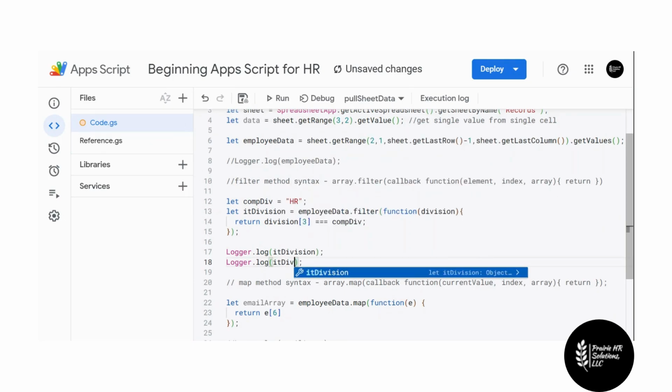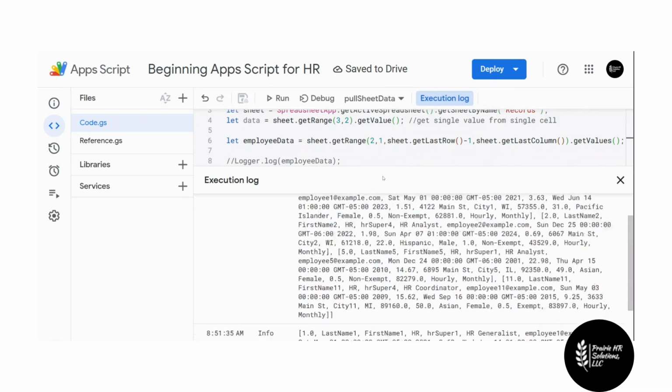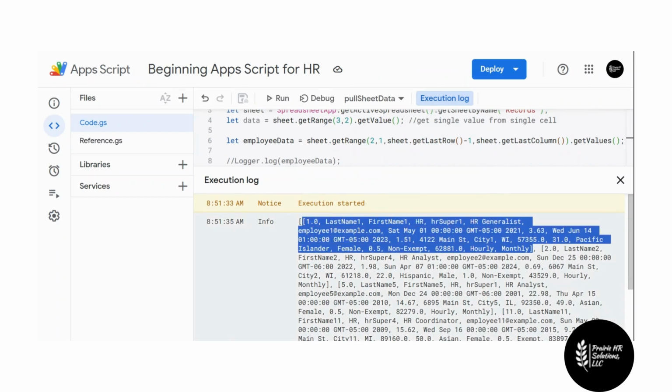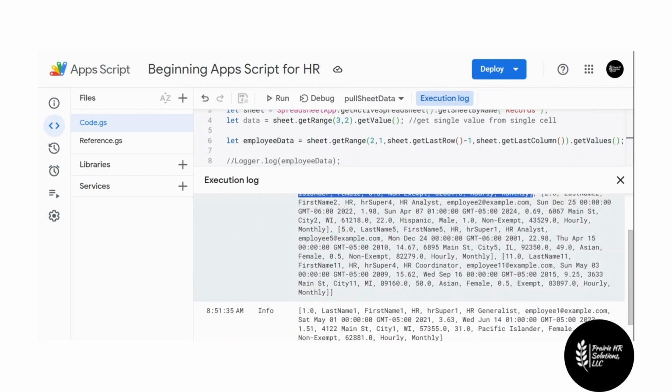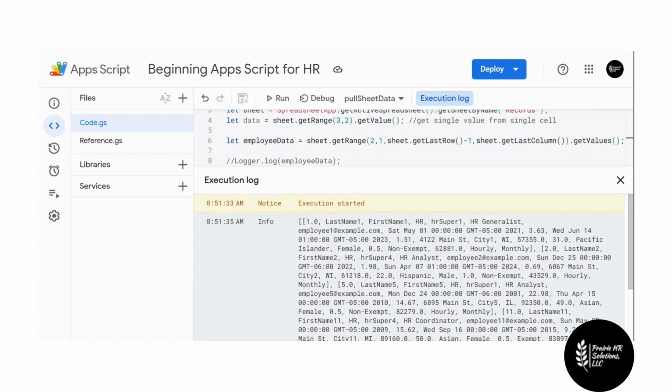And we would simply do division 0. And when we return it, it's going to go through, it's going to do its thing, but then it's only going to pull the array at the 0 index. And then from there, we can do other things. Like say we want to get the salary. And the salary is at 0, 1, 2,